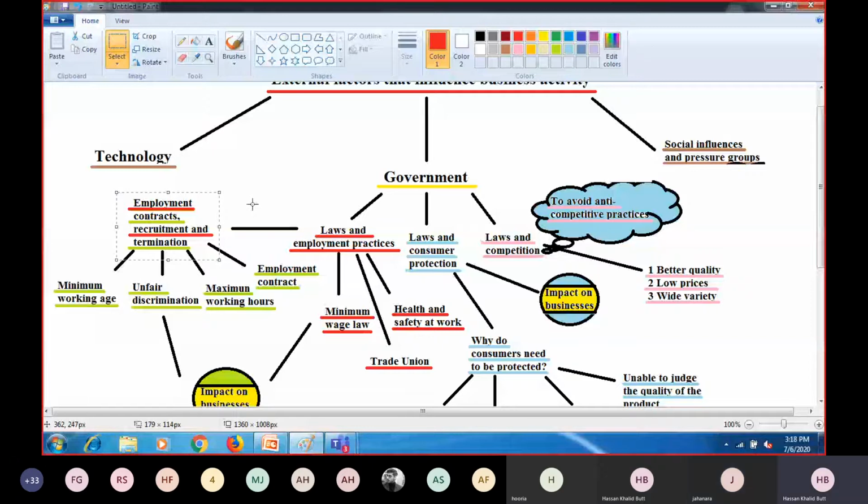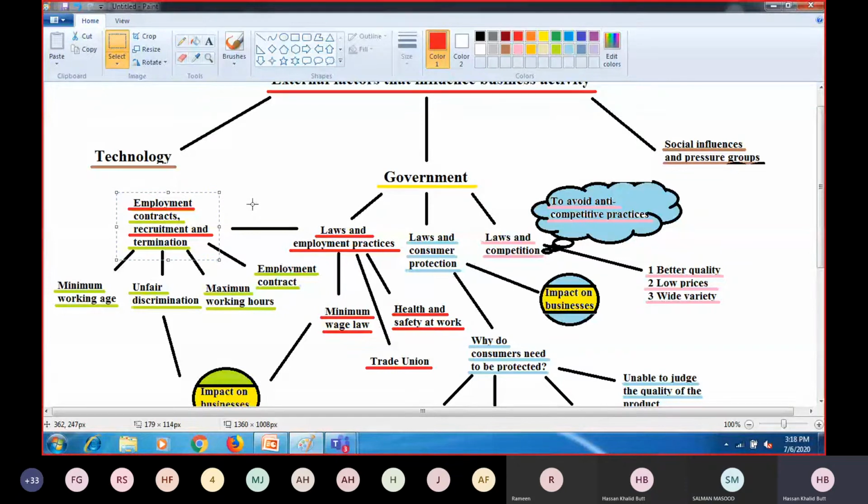Very relevant. Ramin, can you comment? It is for the minimum wage rate. Minimum wage, okay. Salman Masood, anything you can add? Sir, it shows the terms and conditions regarding an employee's job. All right.